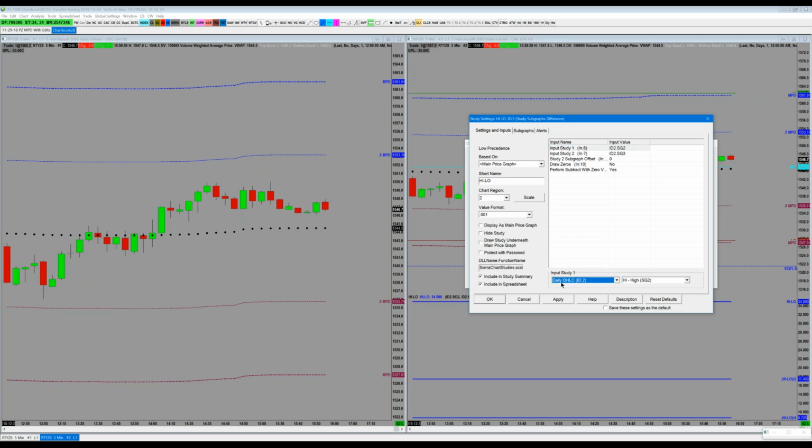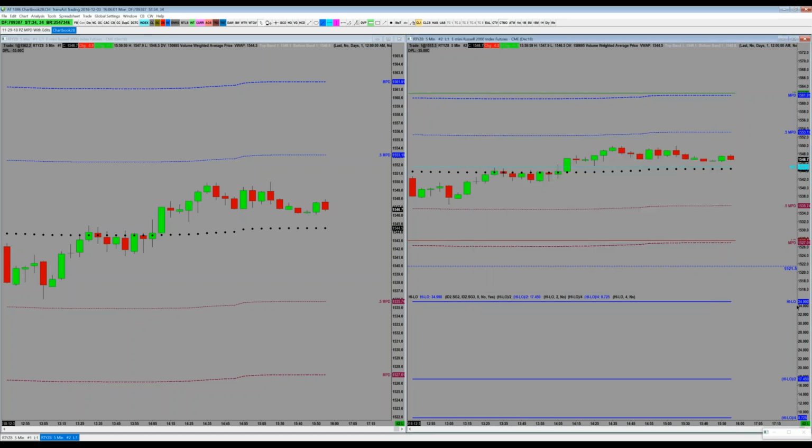In this case, for input study number 1, I have the daily open, high, low, close, and I'm picking the high. And then for input study number 2, I have the daily open, high, low, close, and I'm picking the low. All right, when I apply that, it yields a value, which is a fixed value. It's a straight line because the line doesn't move unless the high or low expands on the day, right, or the range expands. So if we look down at the bottom of the screen, that is this value right here, 34.9 points. It's the high price up here minus the low price down here, which yields 34.9.